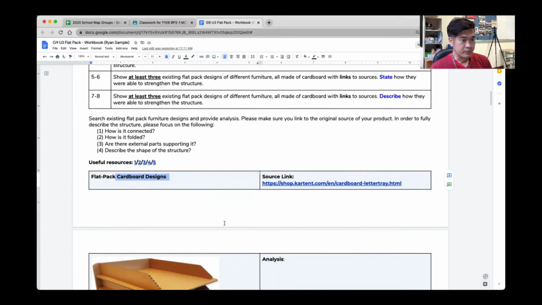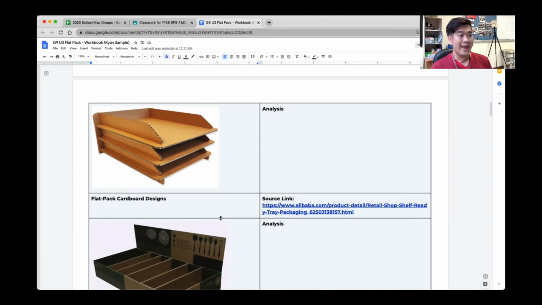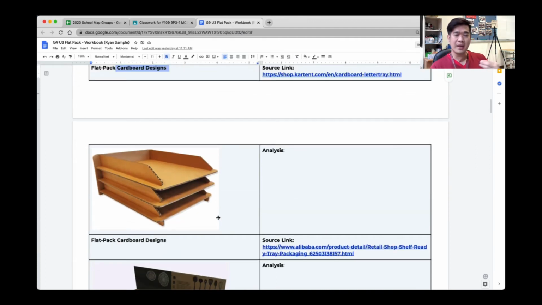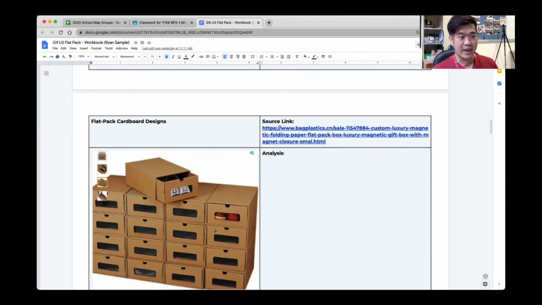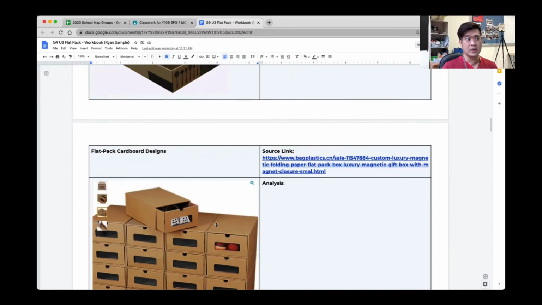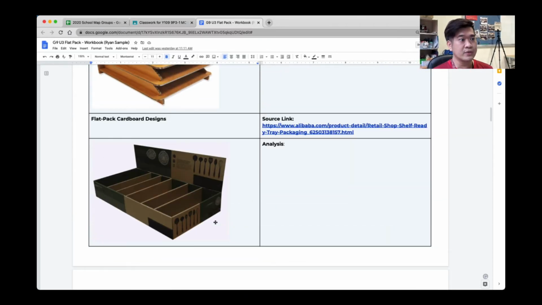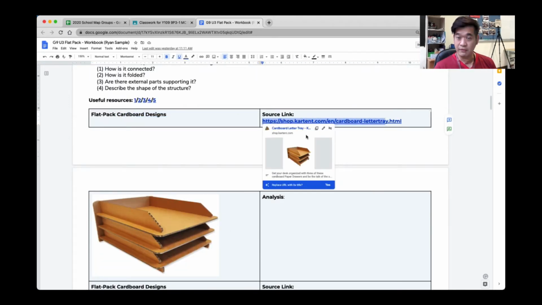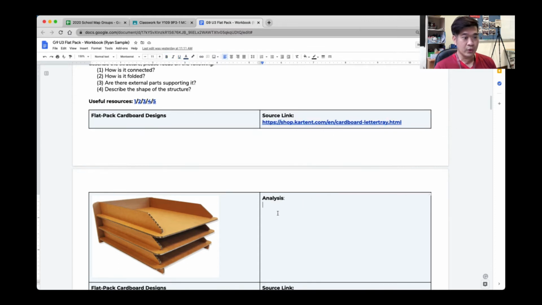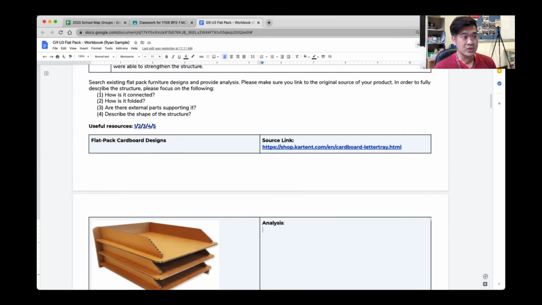Now, for example, in my mind, I'm going to be creating an example of maybe this type. Okay, the letter organizer or letter holder. So here I researched 3 things that can be related to the design that I'm thinking of. So 3 examples, and then 3 links of it, and afterwards your analysis, you should answer